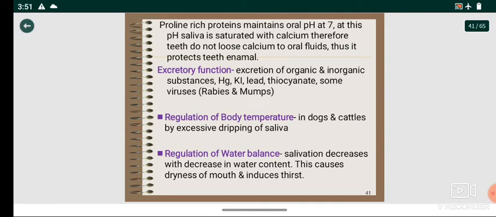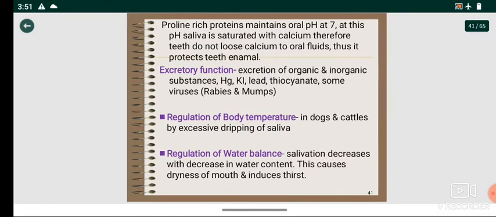Now, the next is regulation of body temperature. As we all know, heat also gets lost through the saliva, so its function is also regulation of body temperature. Regulation of water balance: because saliva is a hypotonic solution, it contains so much water, so it is also maintaining the water